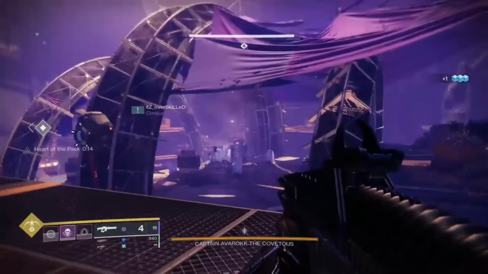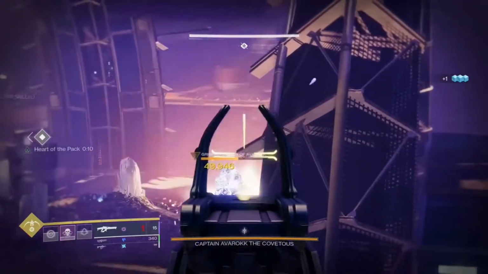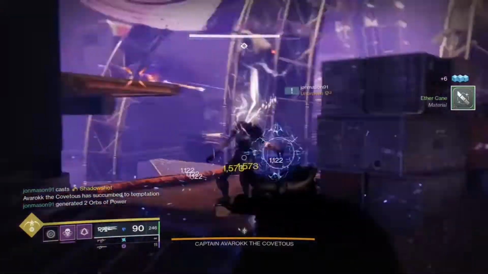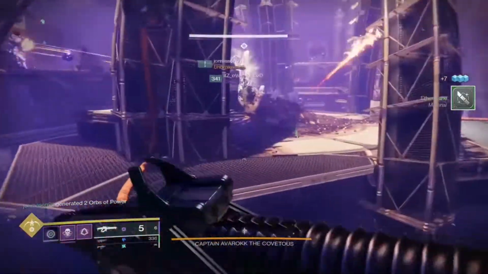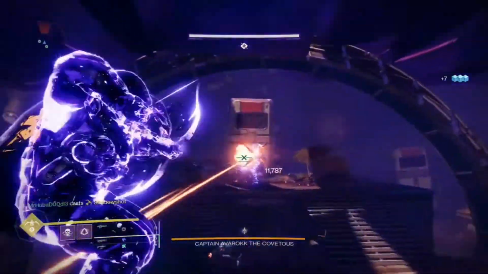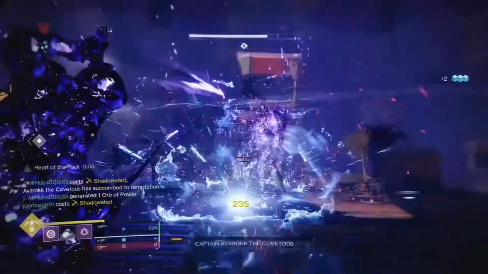I would recommend dealing with these mini-bosses as soon as possible, as they can be quite annoying when trying to deposit your debuff. Once you have deposited enough energy into the crystal, the boss will teleport behind you and be vulnerable for DPS. Do this a few times and you will have defeated the fallen Captain Avarice, the Covetous, and